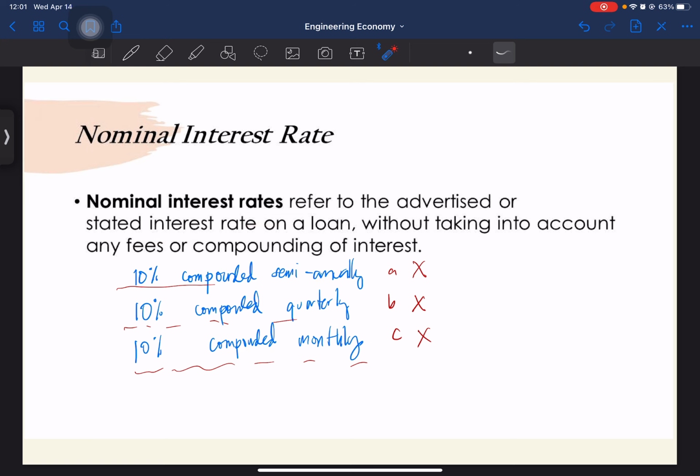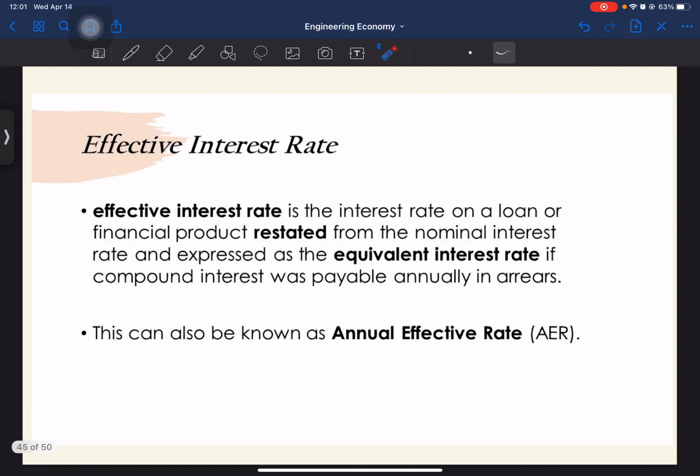Okay? First, let's define muna ano yung effective. Kasi syempre, ito mga pangalan lang to, di ba? Kung ano yung talagang effect nila, yun yung effective interest rate. Effective interest rate is the interest rate on a loan or financial product restated from the nominal interest rate, ibig sabihin, recalculated from the nominal interest rate, and expressed as the equivalent interest rate if compound interest was payable